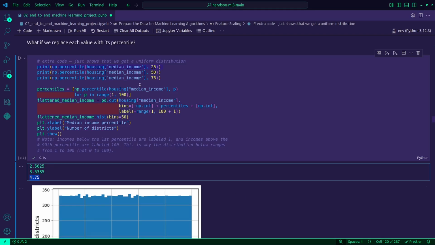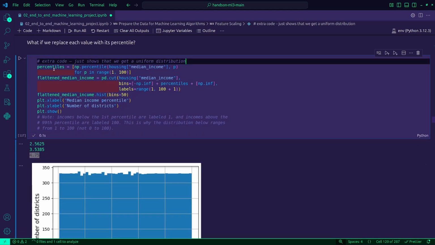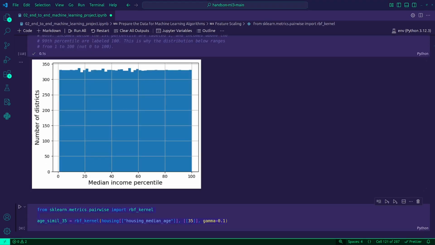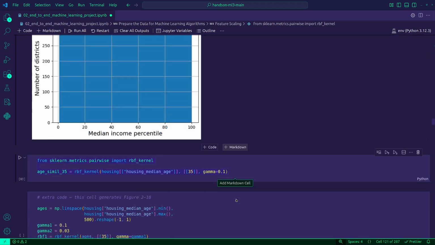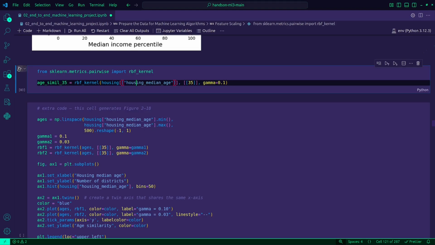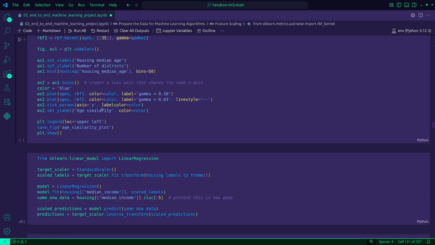Okay, I just wanted to make sure I understood it before I continue. So I created a bin for each income. If I go next, all right, let's do the next one.